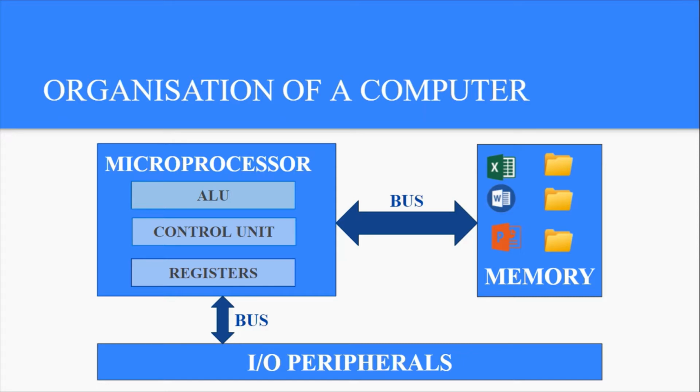From a keyboard, we will just feed the data in the form of numbers and operations like 2 plus 3. And memory does not know what to do with these numbers or the operators. Memory just stores data. It cannot do any computations. So only a processor is capable of doing all the wonders.